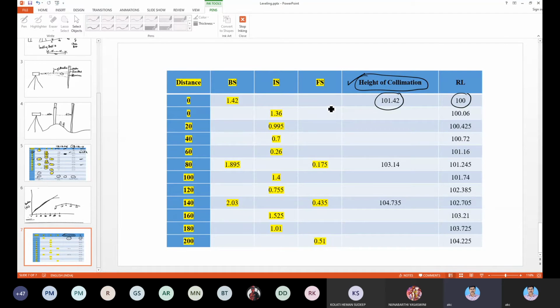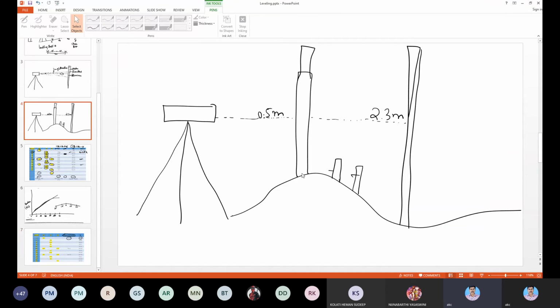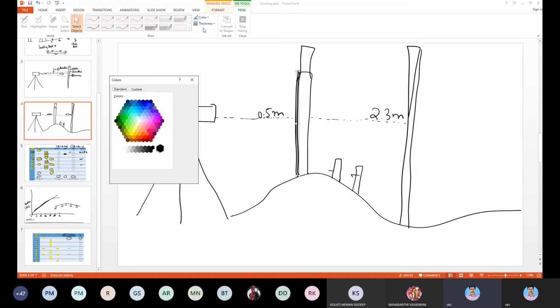Now that staff is indicating 1.42. That means your height of view is 1.42 above the ground. Assuming the ground to be at 100-meter elevation, you are basically seeing at an elevation of 101.42. This is the height of instrument.